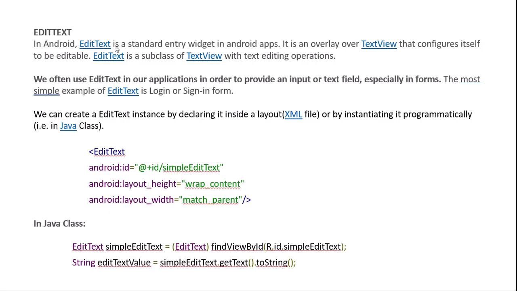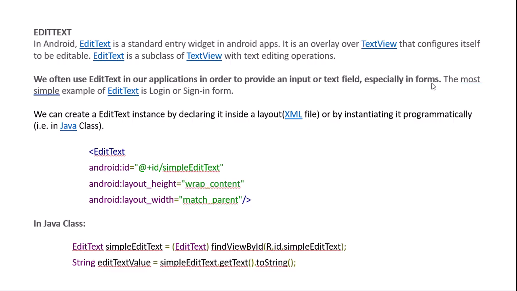In Android, EditText is a standard entry widget in Android apps, and it is an overlay over the TextView that configures itself to be editable. EditText is a subclass of TextView with text editing operations, and we often use EditText in our applications in order to provide an input or text field